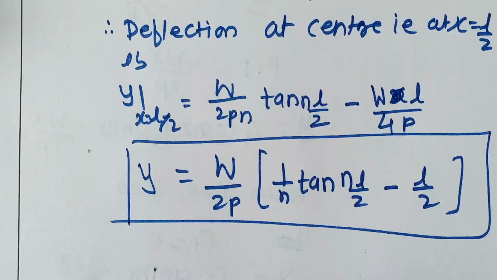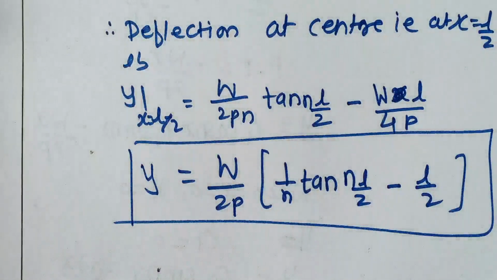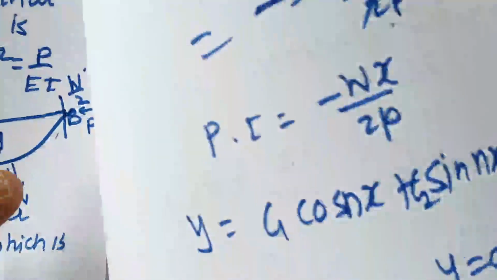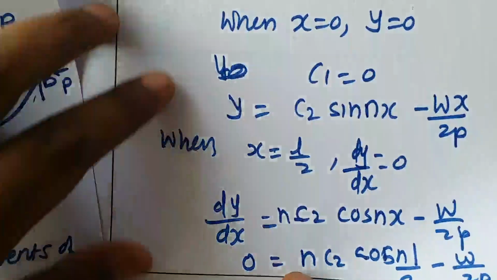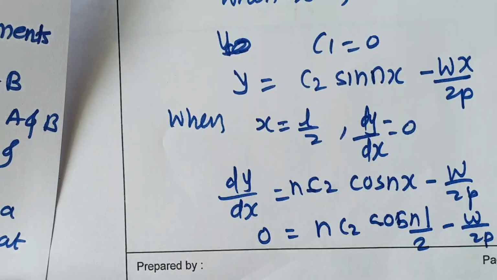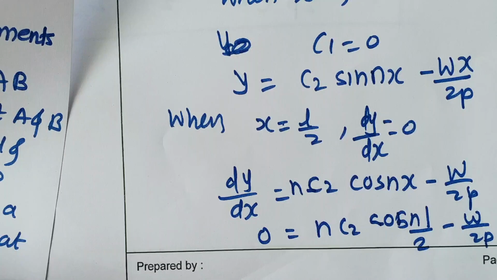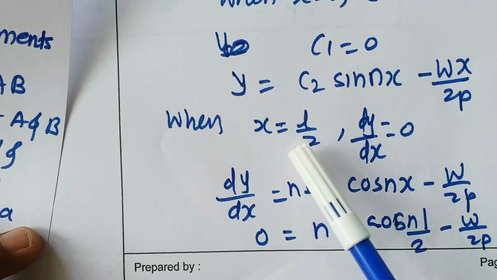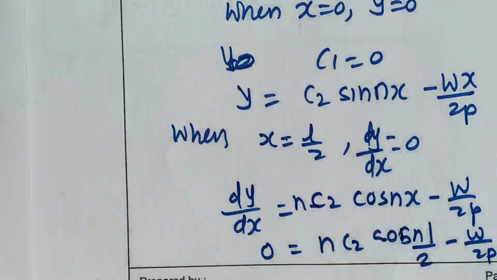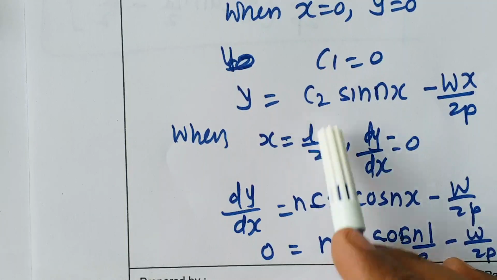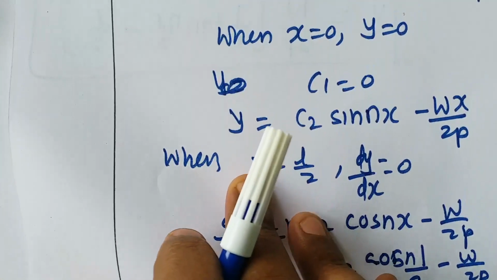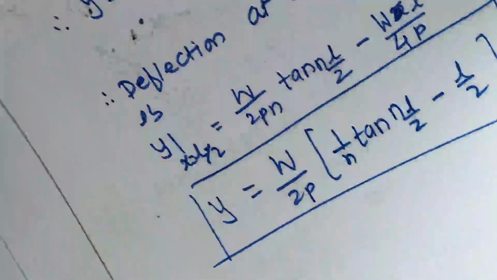Okay, the value of y, the deflection at its center. Only in this problem the use of the second boundary condition becomes important. We are going to calculate the deflection at the center, so we have taken the boundary condition at the center. At x equal to L by 2, dy by dx we have taken as 0. That is the change in this problem. At the center we are calculating, so take at x equal to L by 2 the value of dy by dx as 0, and you will get the required solution.